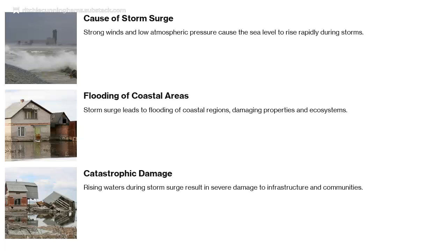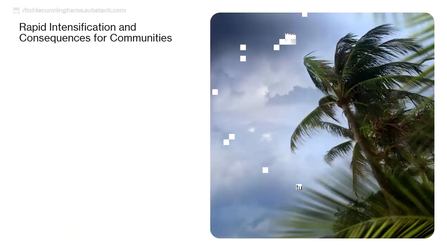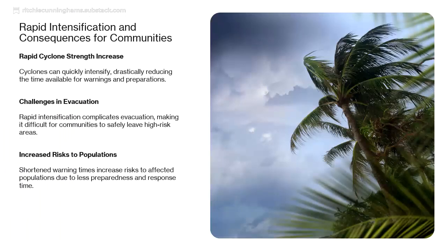Storm surge, the greatest threat. Storm surge is the abnormal rise in sea level caused by strong onshore winds pushing water towards the coast. This can lead to rapid and severe coastal flooding. Even relatively weak tropical storms can produce dangerous storm surges, and the size of the surge does not always match